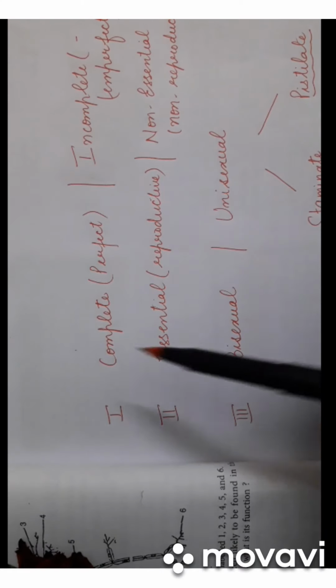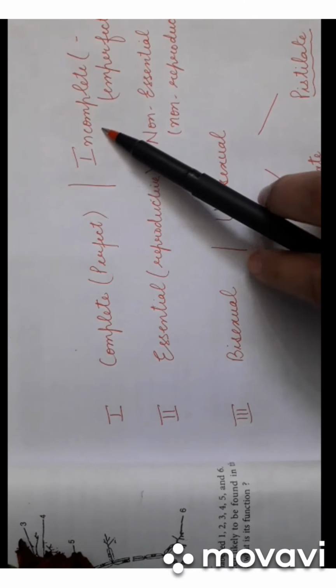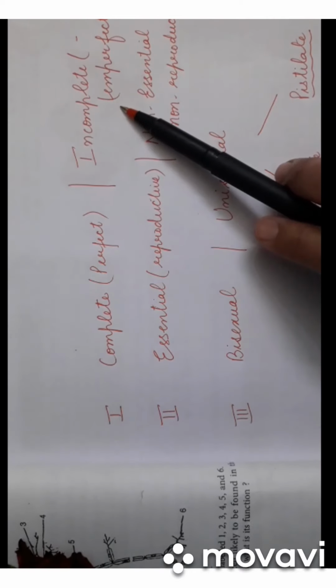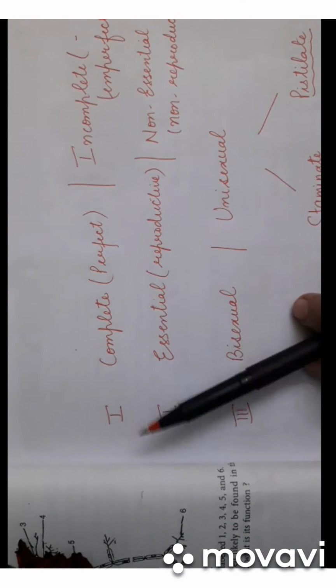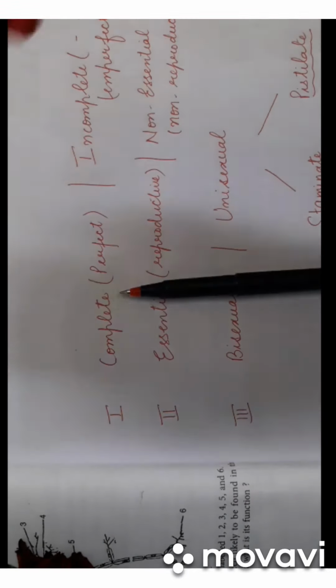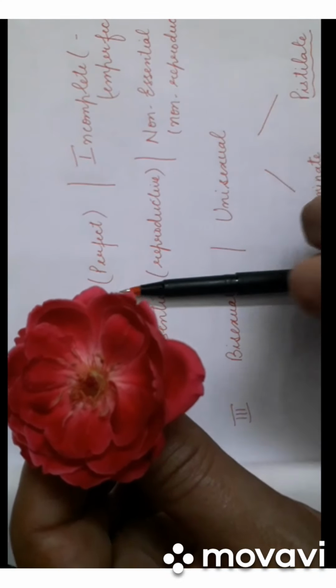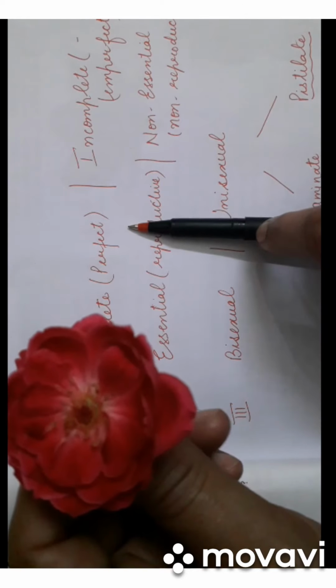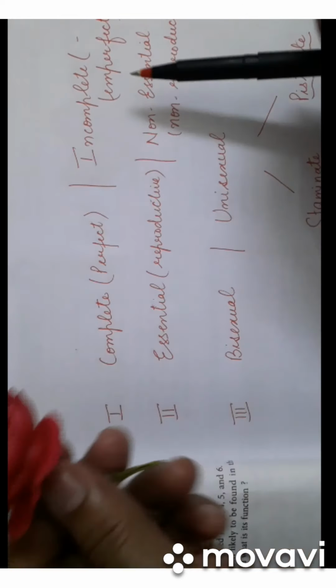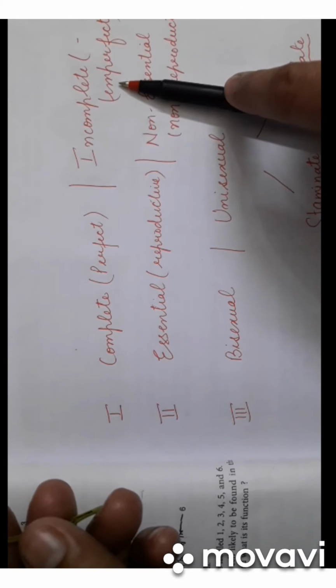Now let us learn some of the terms related to the structure of the flower. So first of all, I would like to revise with you the previous. You have studied the terms complete flower and incomplete flower, which are also called perfect or imperfect. A flower is called complete or perfect when it has all these four whorls, meaning outer calyx, then corolla, then androecium, and then gynoecium. Suppose in this rose flower all the four whorls are present, so we will call it complete or perfect. And in case any of these whorls is missing, then we will call it incomplete or imperfect.